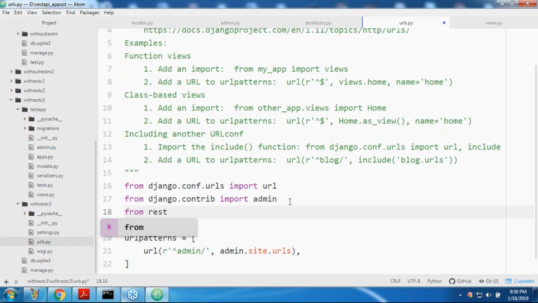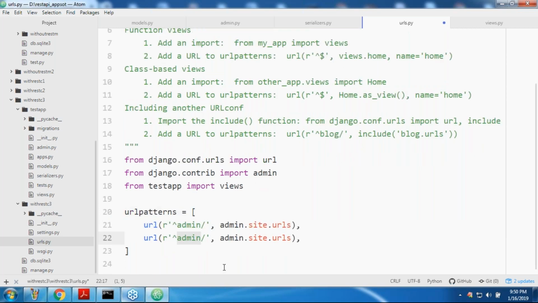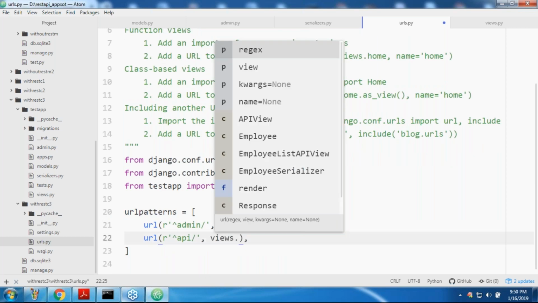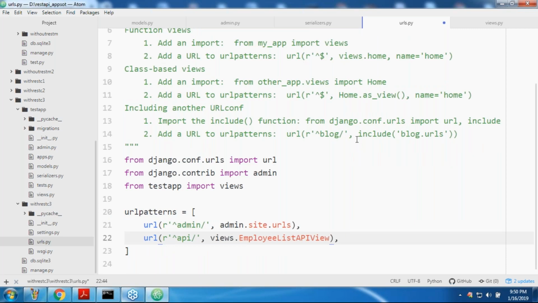I'm taking a small API, like views.EmployeeListAPIView.as_view(). Any doubt? It is from our childhood onwards, whenever we were kids, we know all these things. There is no big specialty, right? Okay, the get operation got completed, right?